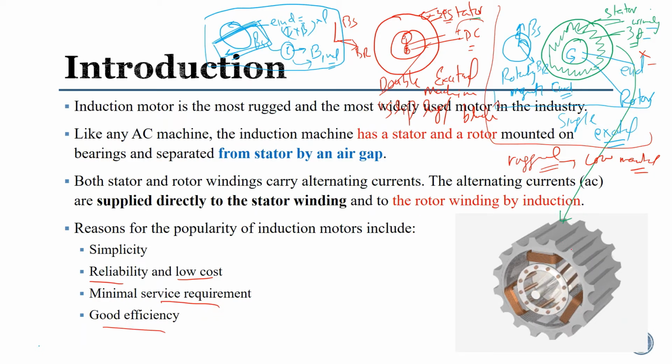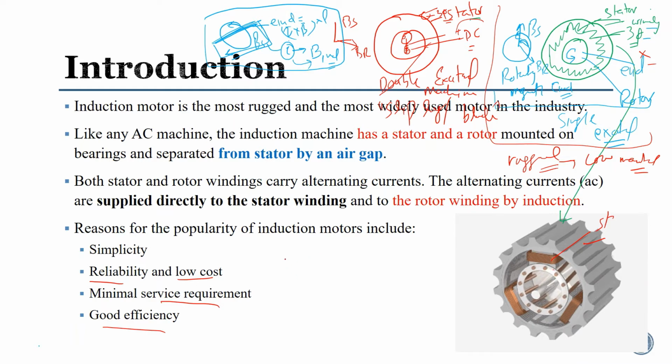This is the stator winding, and we have a rotor here. This is basically a squirrel cage rotor. In the induction motor we have two kinds of rotor, which I am going to discuss briefly. What is happening here, as I explained, is that voltage will be induced in the rotor. So this voltage is being induced.